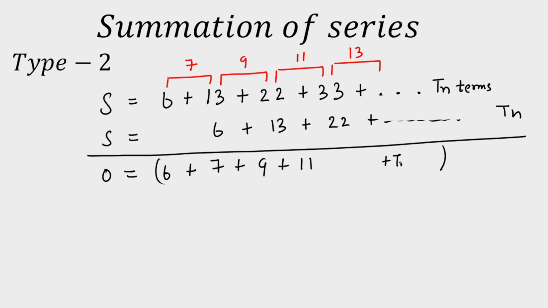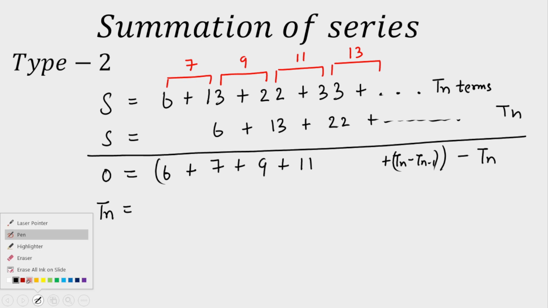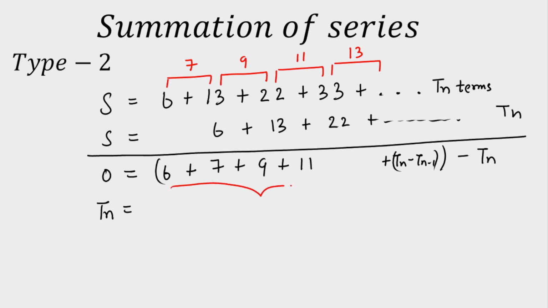Let's say plus t of n minus t of n minus 1 here, something like this will come, and minus t of n here. Now our objective is to calculate the nth term only. This will be the whole objective. Once you get t of n, you will get the answer. Now I'm going to take minus t of n on the other side here. So we'll get this as t of n is equal to, now if you observe one more thing here, the number of terms, till here to here,